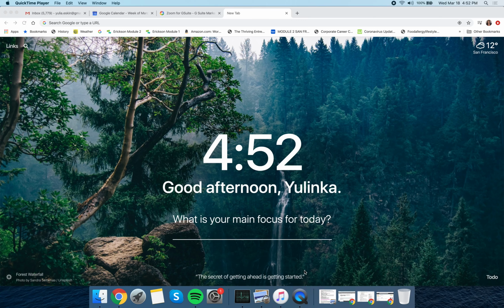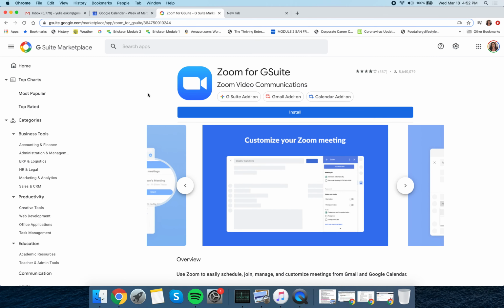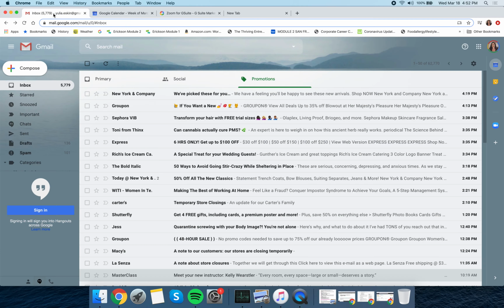Hi everyone, I will show you the simplest way of scheduling meetings with Zoom with your Google Calendar. I will show you how to add this extension called Zoom for G Suite. So let's get started. Go to your Gmail and on the right at the bottom, click on the plus sign,